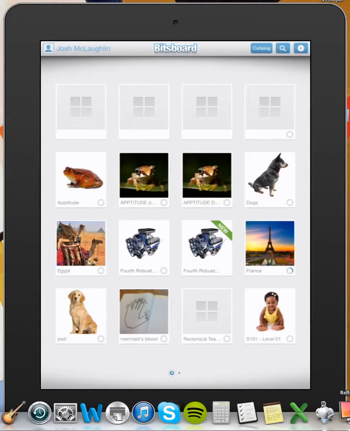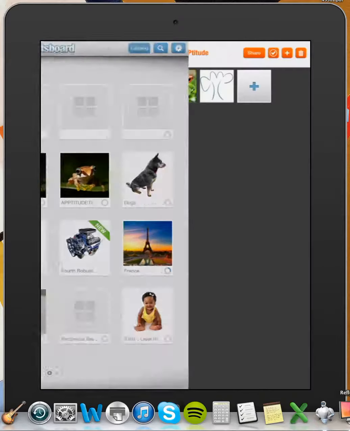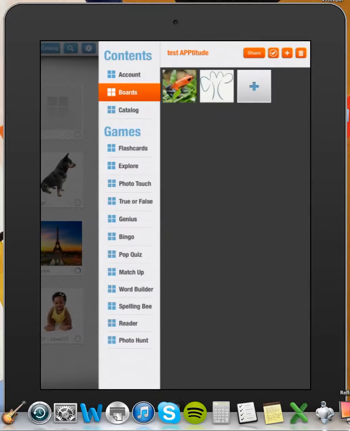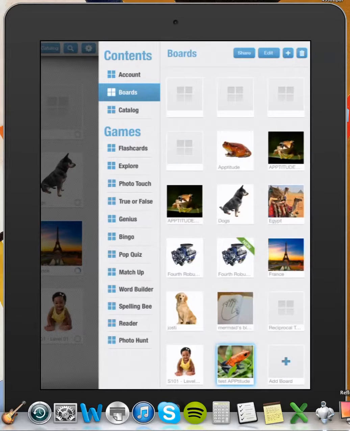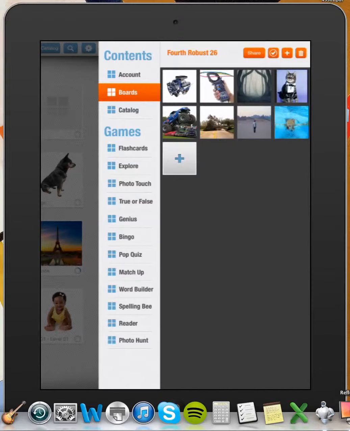Here's the great thing about pulling it out of the cloud: something that starts out as relatively teacher-directed can turn into something that is student-directed. So take the Robust Vocabulary board, for example. If I go up here to the gear, the settings, and I go to my boards, let's see here. Okay, there we go. So I'm going to hit this Robust Vocabulary, and I'm going to say I want to edit it. What your kids can do, once they've studied the words for a while, is go in here and you can ask them